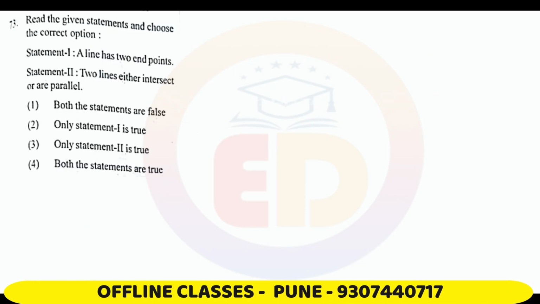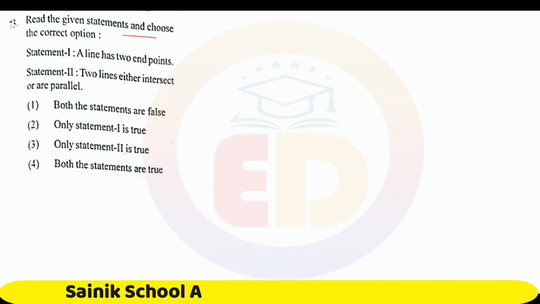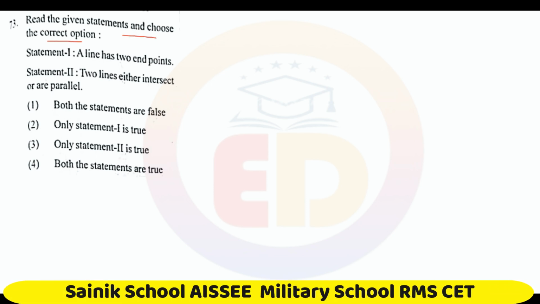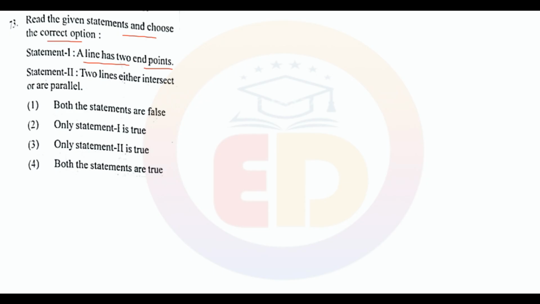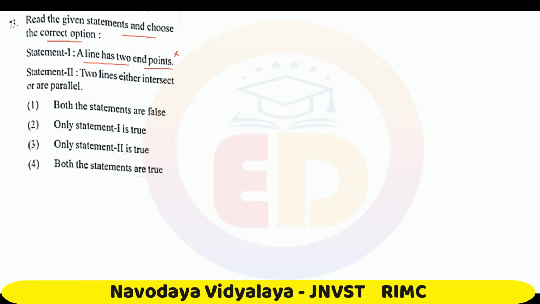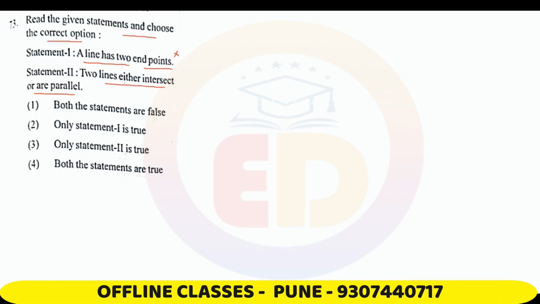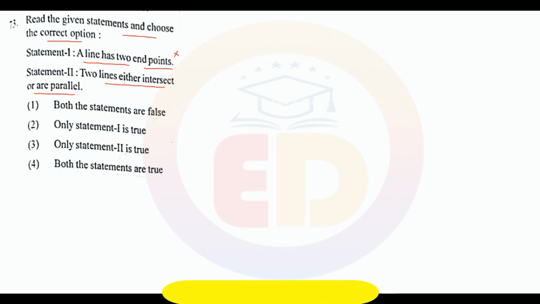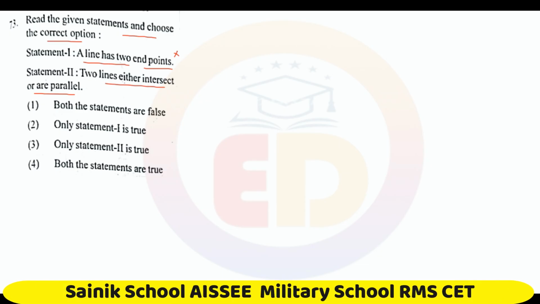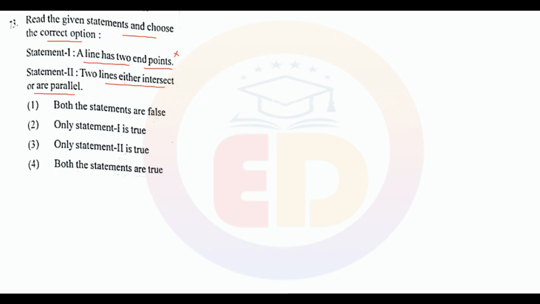Question number 73. Read the given statements and choose the correct option. The first statement, a line has 2 endpoints. This is false. 2 lines either intersect or are parallel. Now you see the first sentence, a line has 2 endpoints. Remember, a line